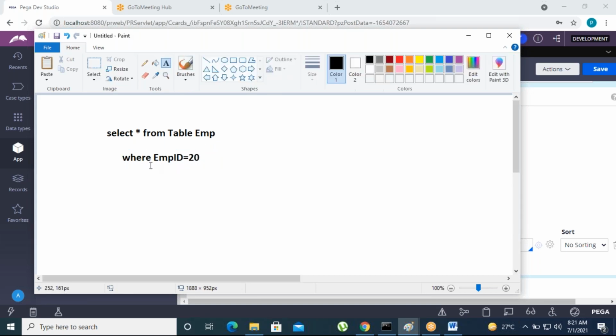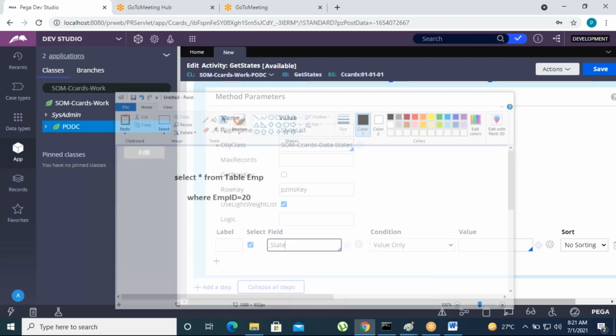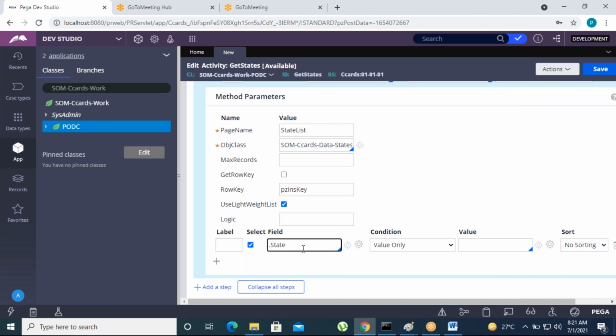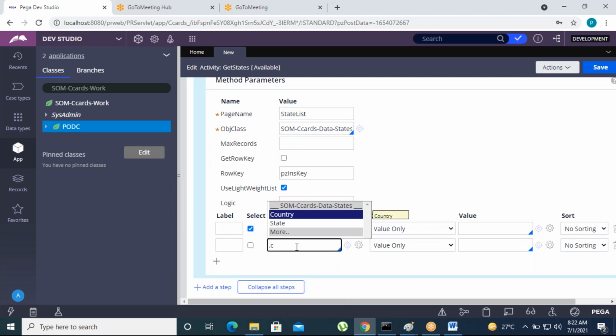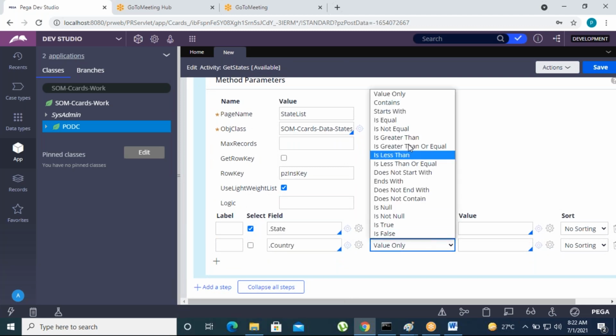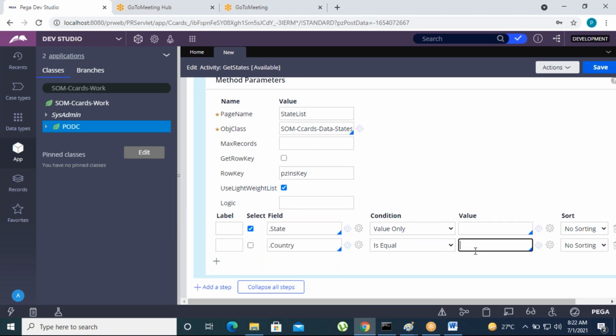This is a query, right? The where clause means only the EMP ID 20 record will be retrieved. Same like that, here country is the where clause. Suppose we retrieve all states: where country equals, you can apply equal to here. I'll just pass a value manually, some India. So under India, whatever states are there, we retrieve all those states under the country India.